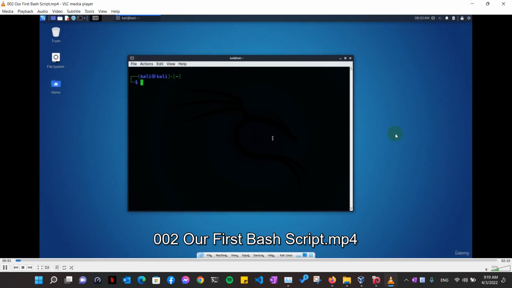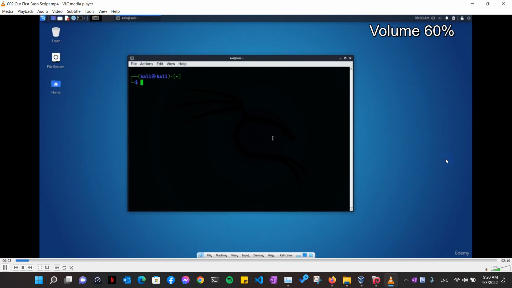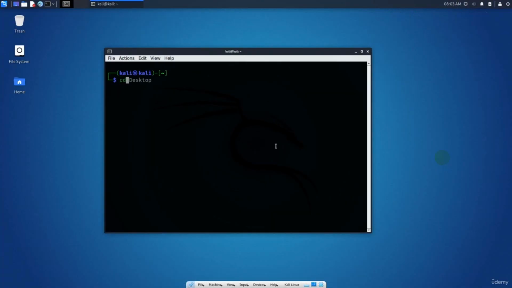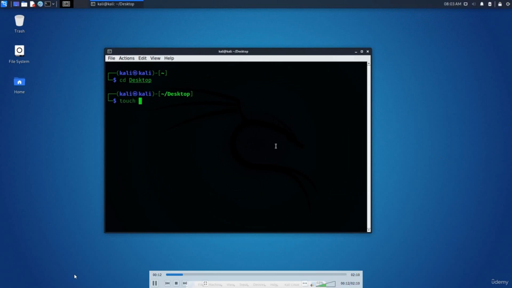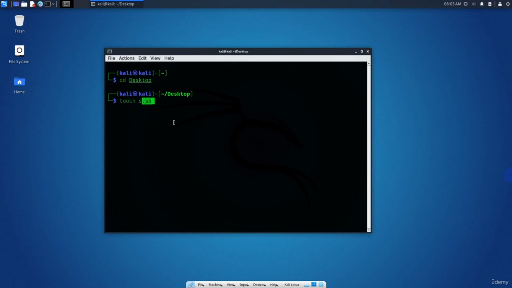Okay, now let's start with our first bash script. Now the first thing, let's go using the cd. Let's go to desktop. Now let's use touch command to create name of the file as .sh. Okay, now name it whatever you want, but make sure it is .sh or end with .sh. Now you can see in the desktop here it is. Okay, now we will use Vim or Nano, whatever you